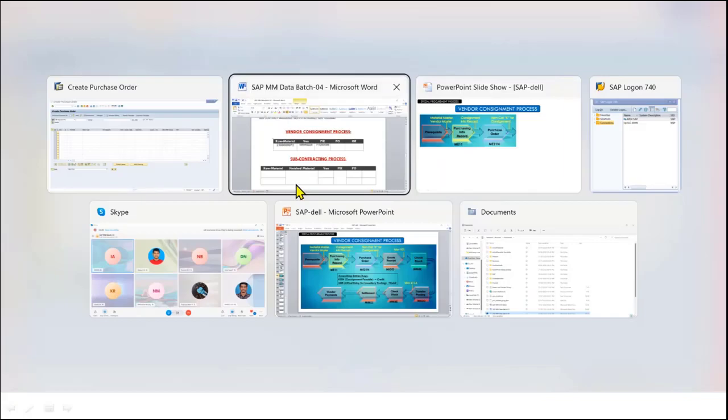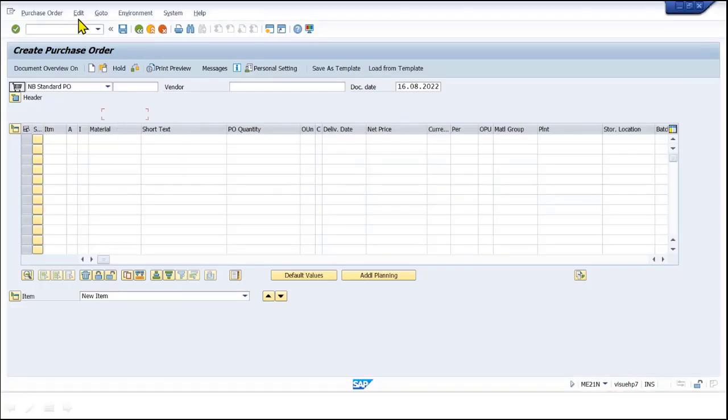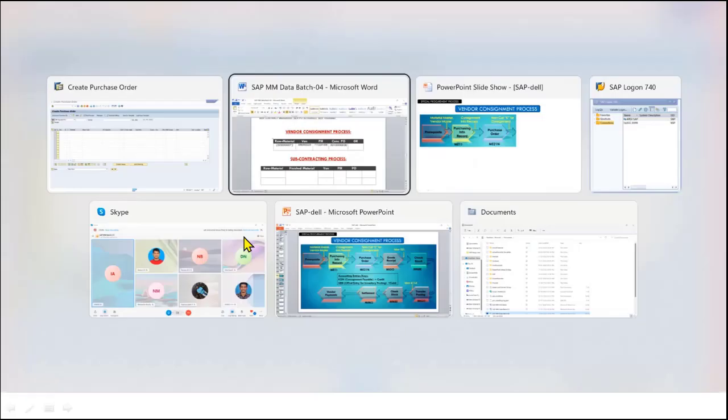So it will save the time. So this is called consignment PO. Consignment PO. So next, see, if you go to